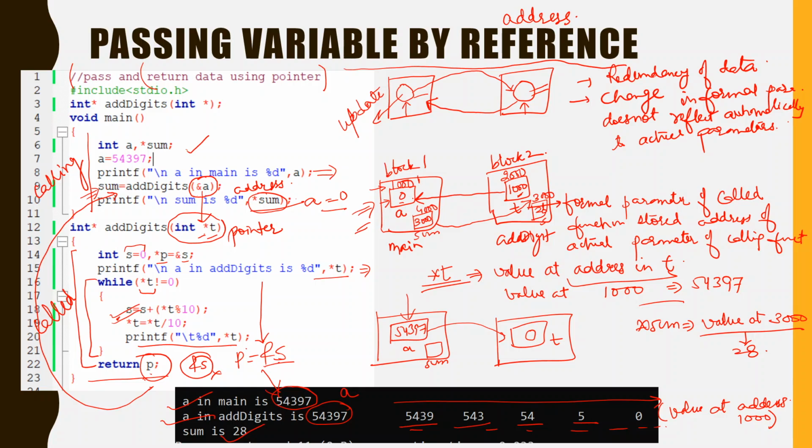Okay, the s was created here, and if I transfer this as sum, what will happen? A copy of this sum will be created, and this 28 will be stored two times. But what we have done here is to calculate sum over here and only pass its address, which is 3000, to the sum pointer. Fine. And this sum pointer now stores the address and points to the variable s of block 2.